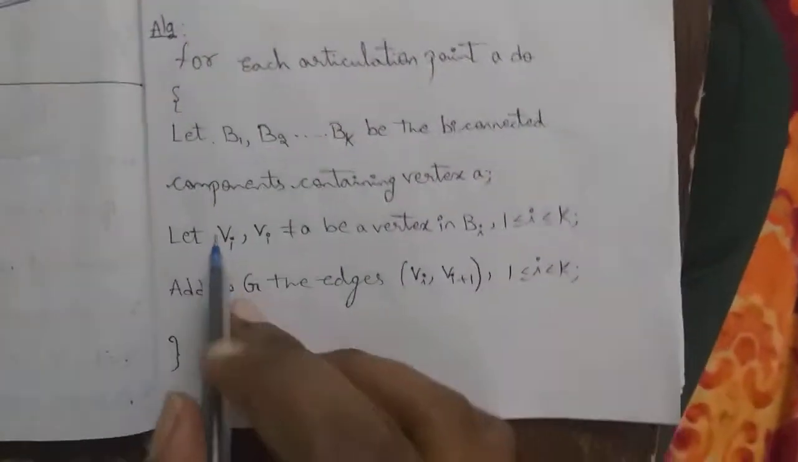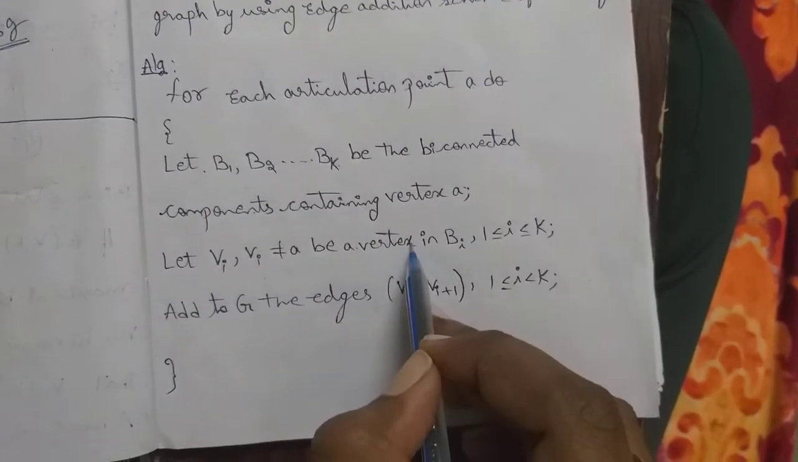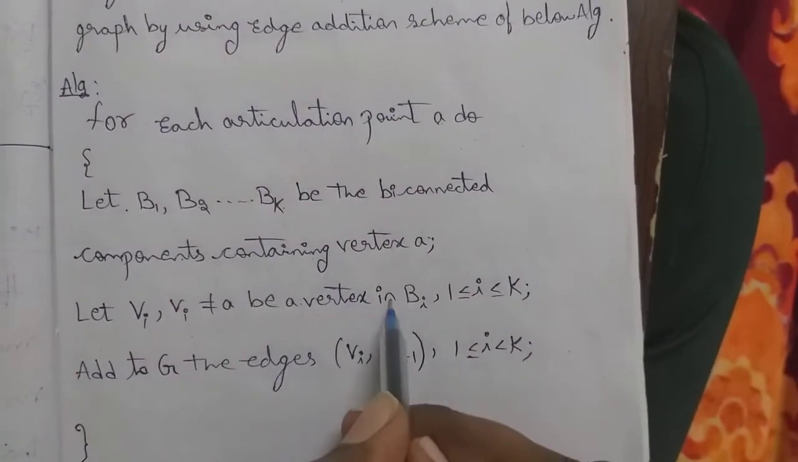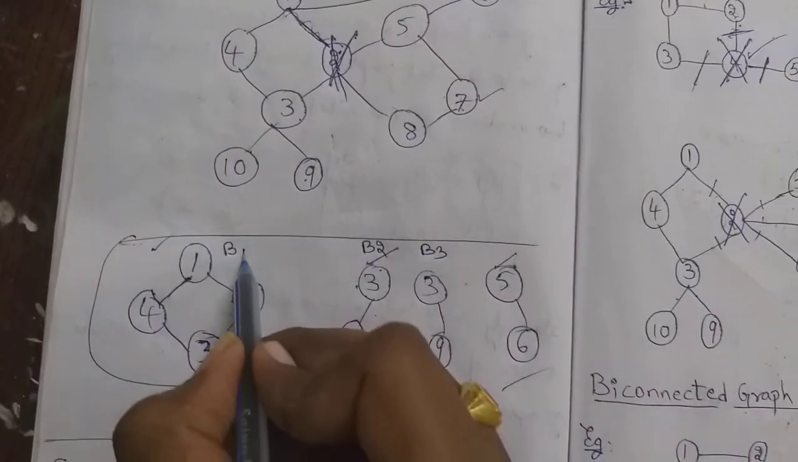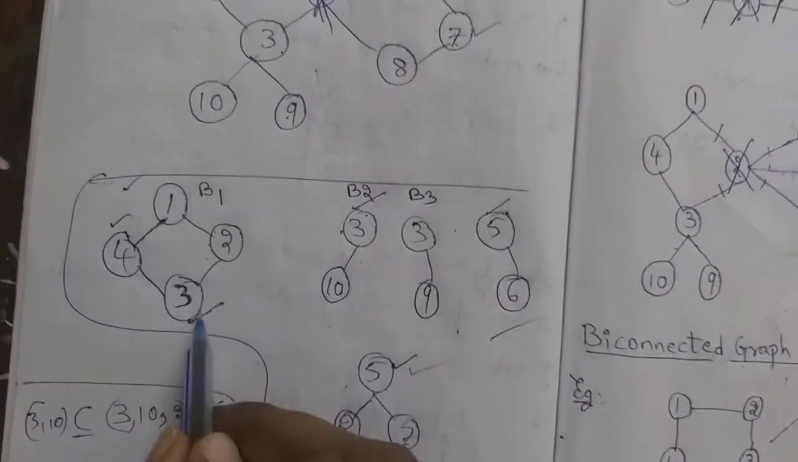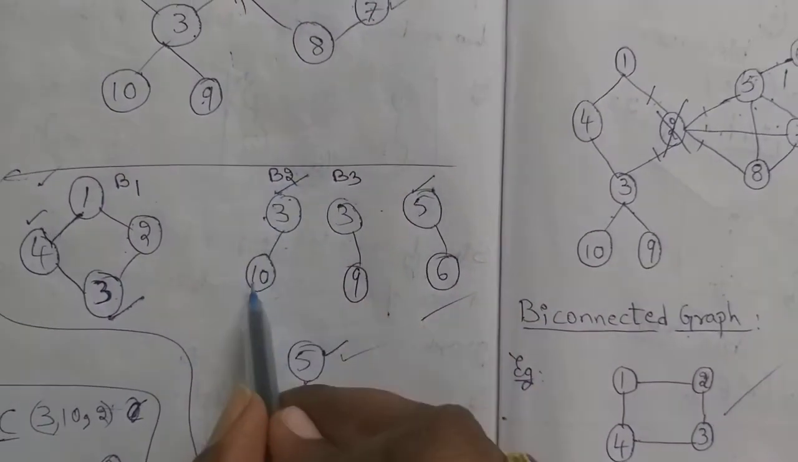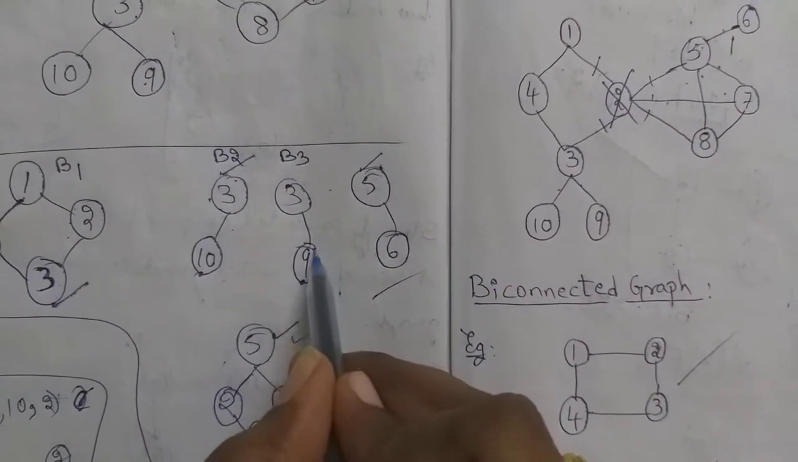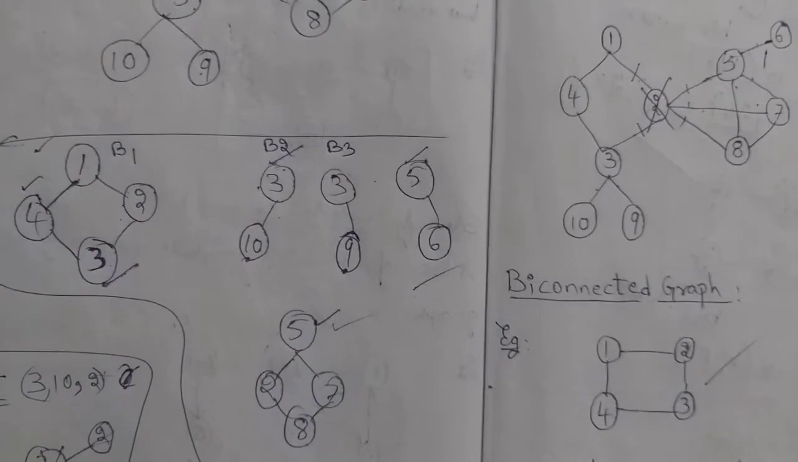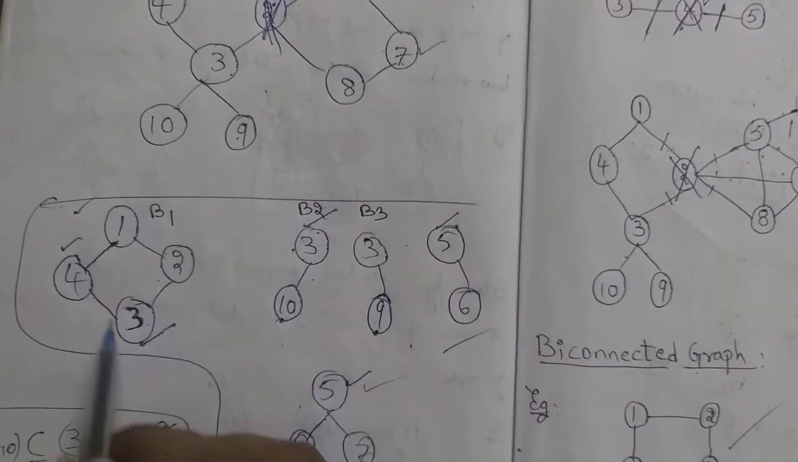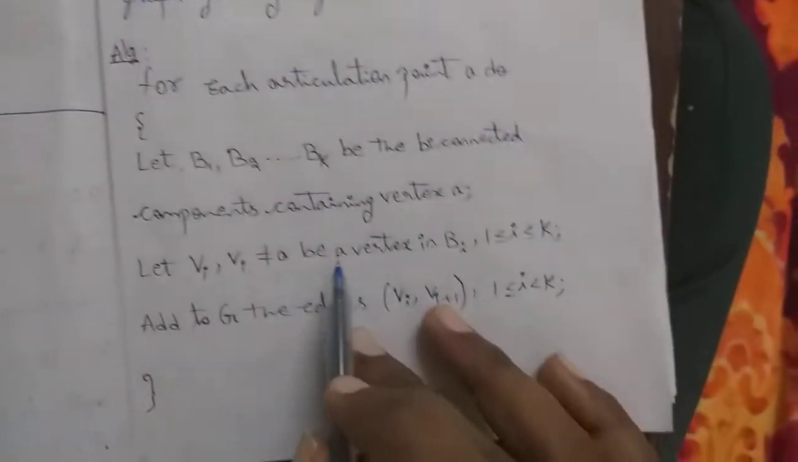Let Vi be any vertex in Bi, but that Vi should not be an articulation point. In B1, I consider vertex number 4, which is not an articulation point. In B2, I consider vertex number 10, which is not an articulation point. In B3, I consider vertex number 9, which is not an articulation point. I have considered vertices other than articulation points in these 3 biconnected components. Now add to G, the original graph,